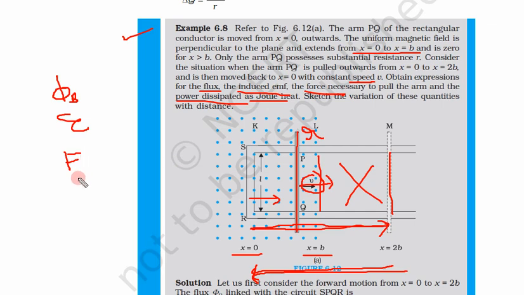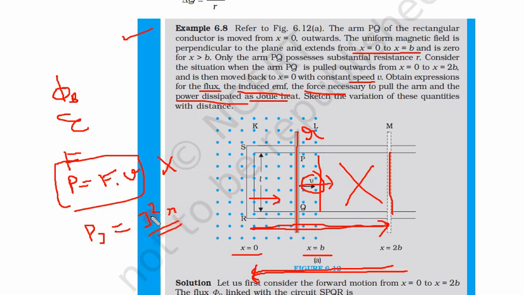So we have to understand the normal power was P is equal to Fv. So this is mechanical power, but we are not going to solve for this power. What we are going to solve is joule heating, that means joule power. This is I square R. So we are going to solve for I square R, not Fv. And previously we have already seen P is equal to Fv and joule heating both are equal. So we are going to solve for this one. We don't have to solve with this method. We have to solve it as written in this question.